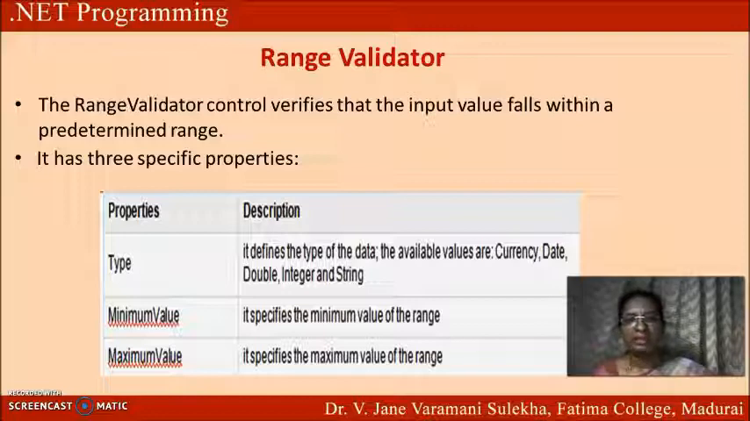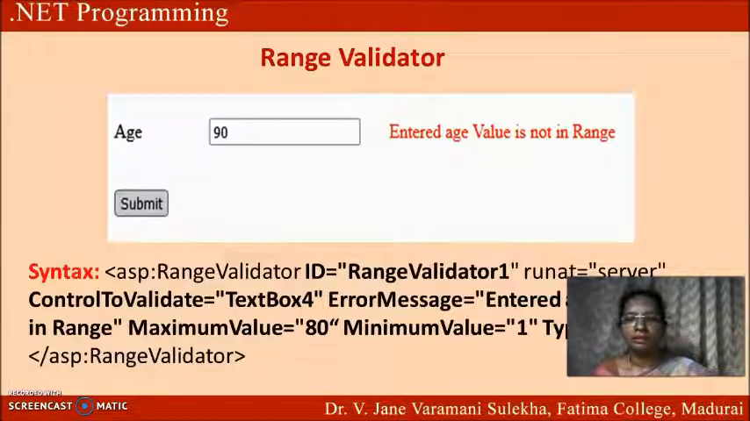It has three specific properties. One is type, that is data type. The second one is minimum value, and the third one is maximum value. If it is an integer, we have to give minimum value as well as maximum value. In this range validator syntax, we have to give ID name, control to validate, error message, then maximum value as